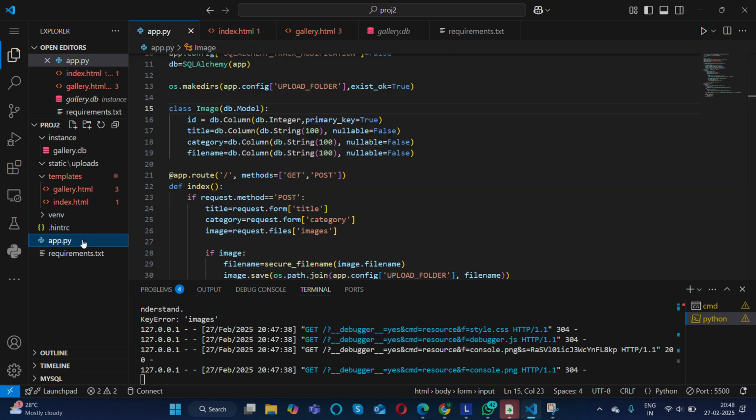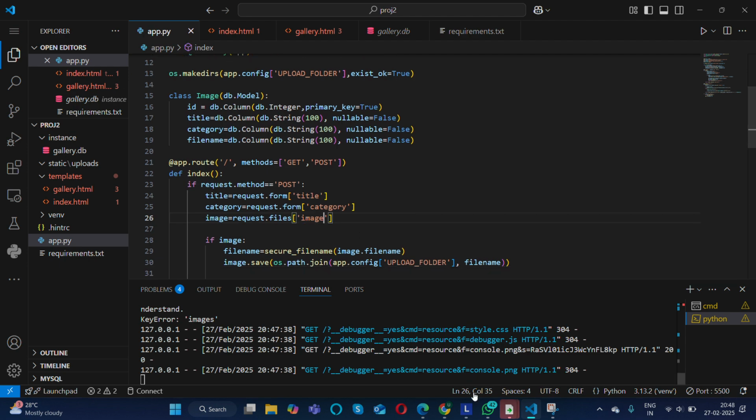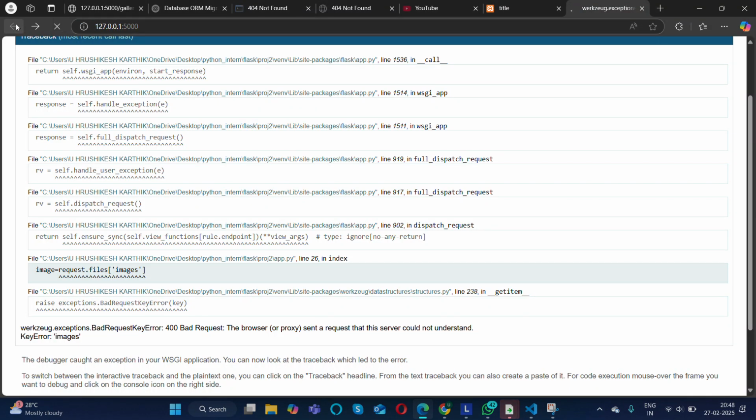I gave image here, but I used images. Okay, that's the error. That's fine. It should work now.